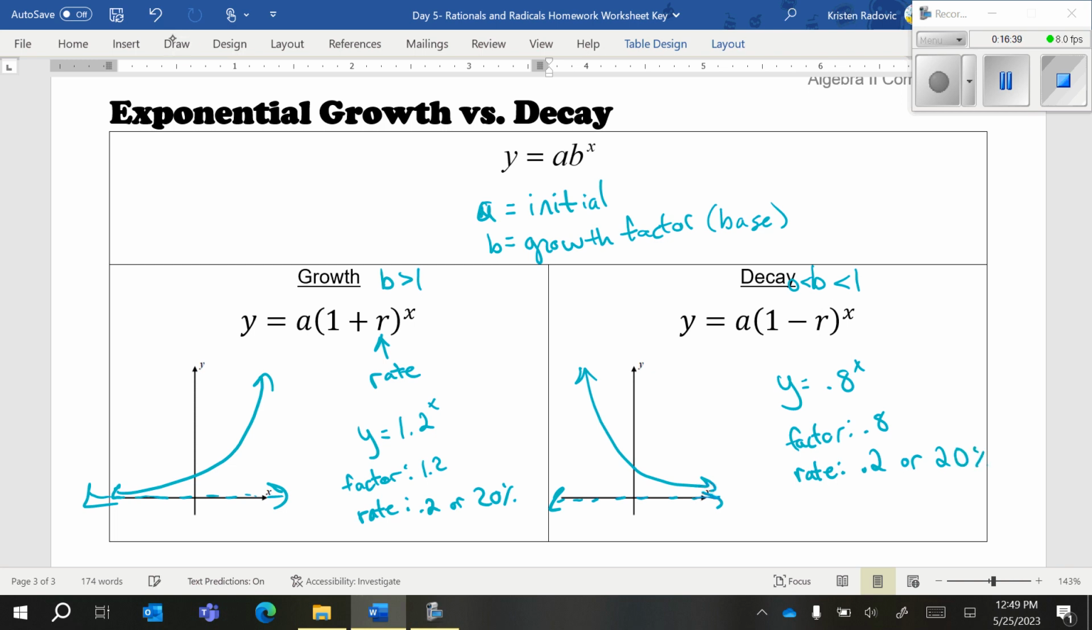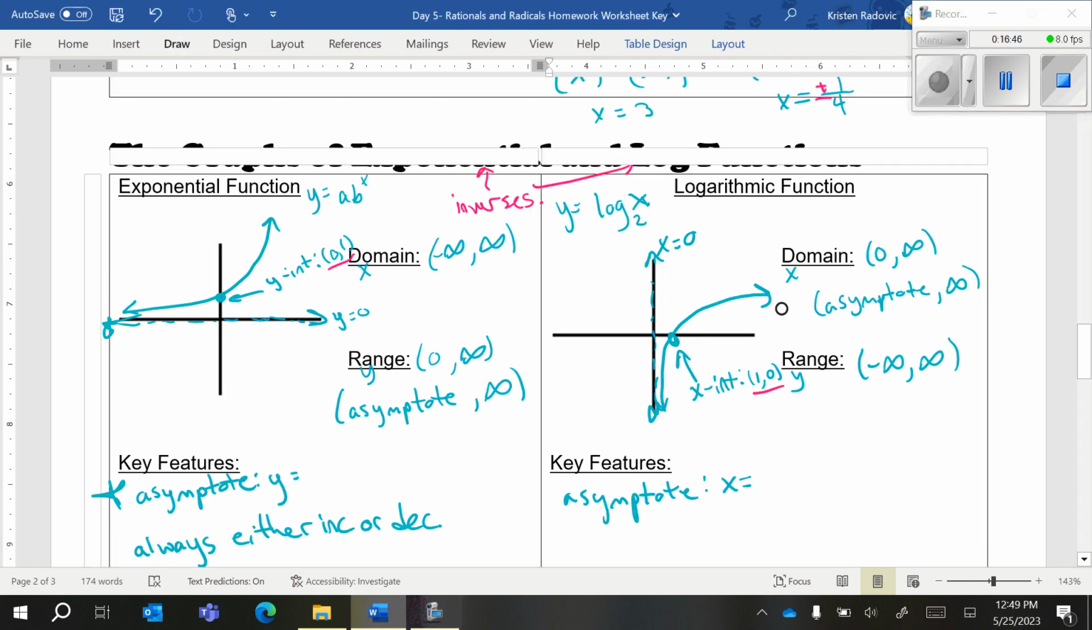So you need to know, how do you know if you are growing, and how do you know if you are decreasing? You also need to know that exponential functions have y equals, logarithmic functions are x equals. Sorry for such a long